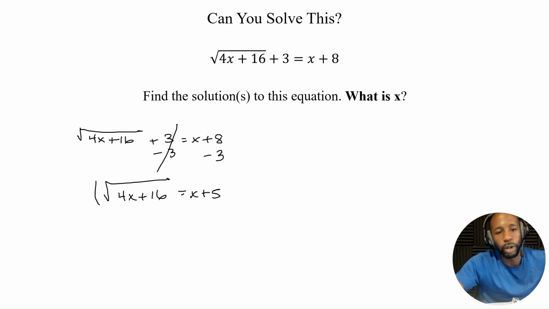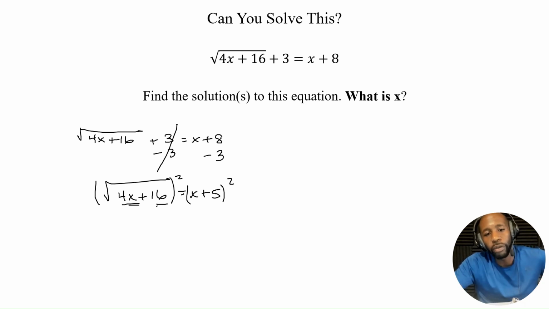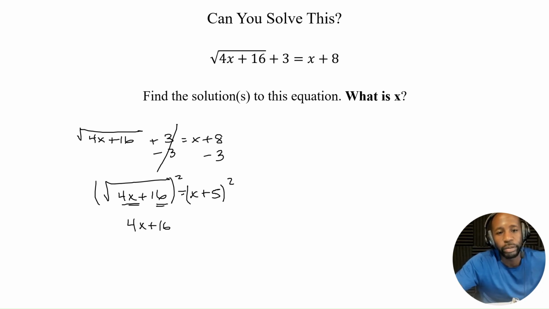To undo the square root, we need to square, and whatever we do to one side, we do to the other. Now, if you look under here, we could factor out a 4, but you'll probably see by the end of this problem that it's not necessarily helpful. It probably adds a slight bit of work. So do what you want to do, but I'm just going to leave it in there. So 4x plus 16, that square undid the square root, equals